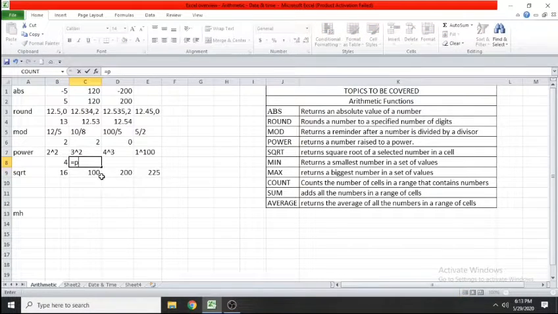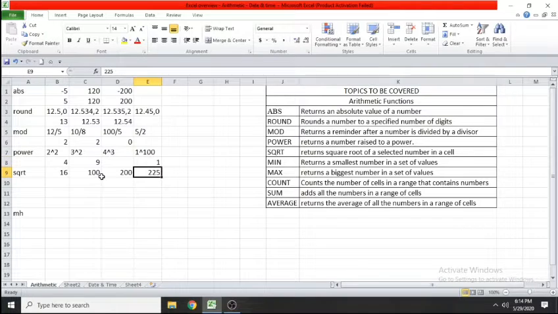Let's see. Again I am using this function power, and now I am trying to get the square of 3. So 3 comma 2, and I am closing the bracket, I am pressing enter. Yes, 3 square is 9, and likewise you can get squares, cubes, or maybe power to the 100 also. Let's try this one. I am using the power function with the number 1, and I am trying to get the 100th power of 1.